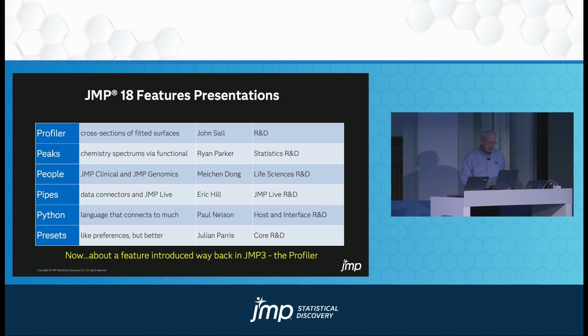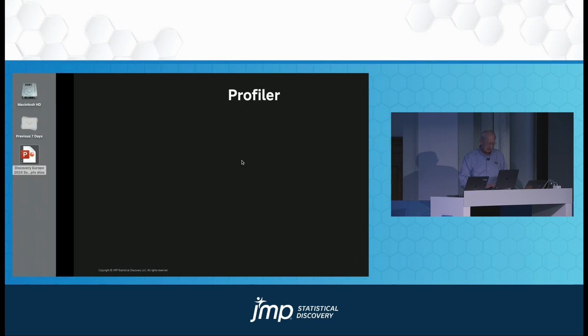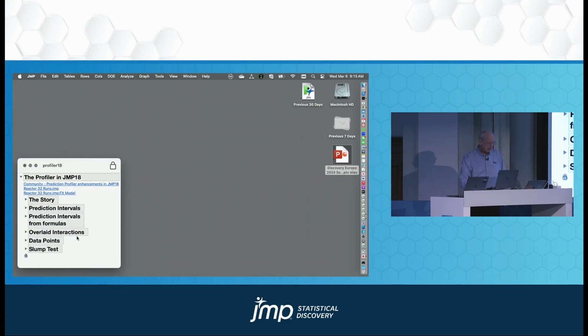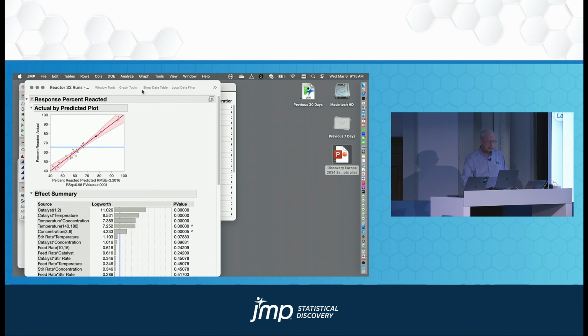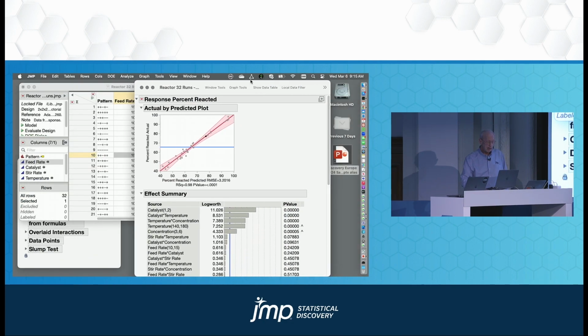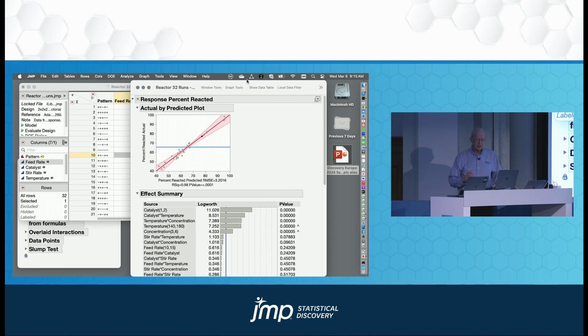So now about a feature introduced way back in Jump 3, the profiler. And let's bring up a data set. This is a classic data set from the Box, Hunter and Hunter book. It is about modeling yield as a function of 5 other factors. And of course, when you first bring it up,